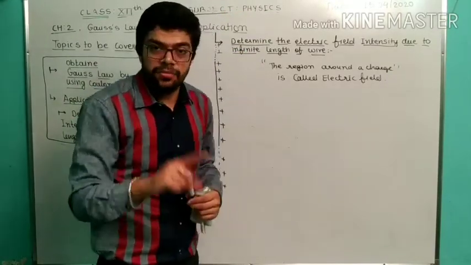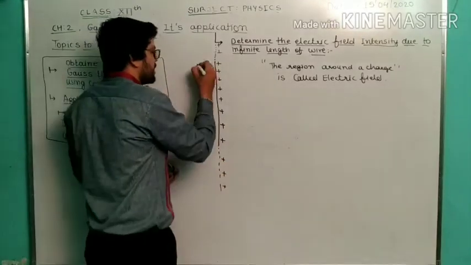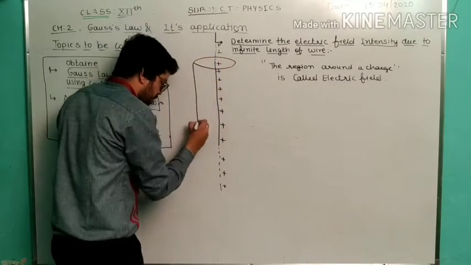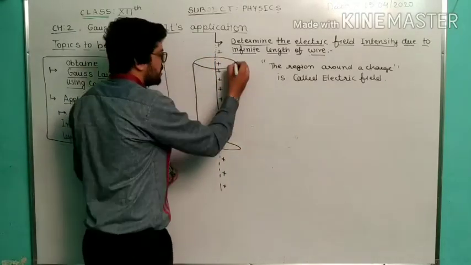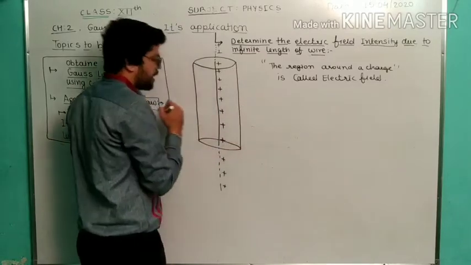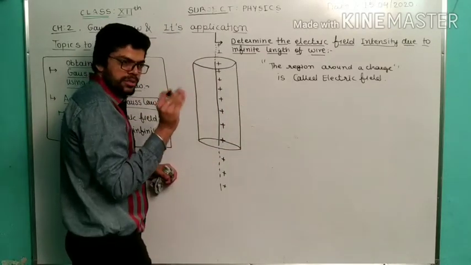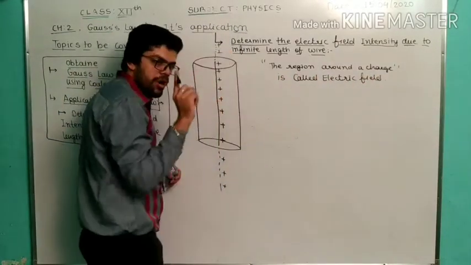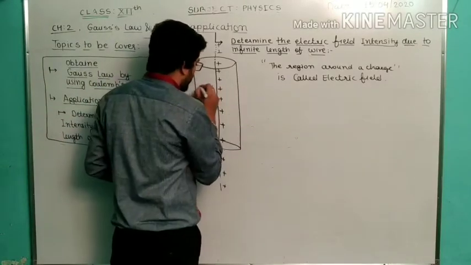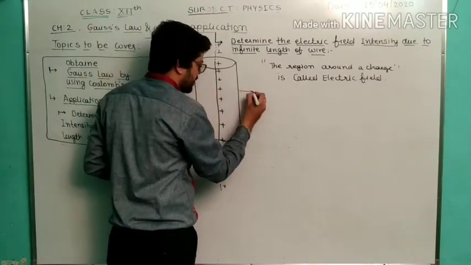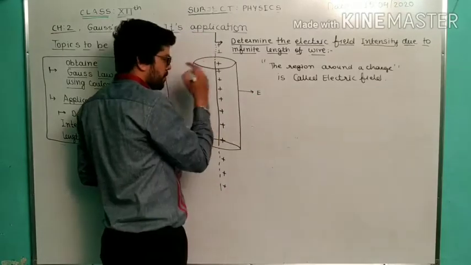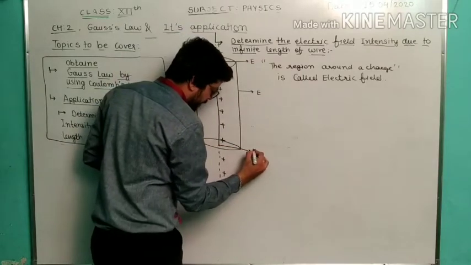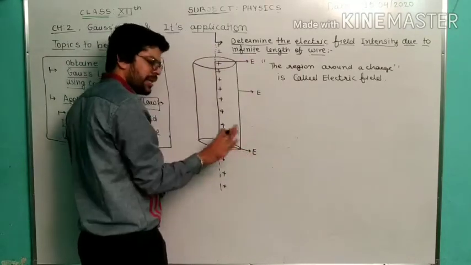The electric field forms a cylindrical shape. What type of shape? Cylindrical shape. The region around the charge is called electric field. So hopefully you understood. And on the basis of this definition, we got what? The region around the charge. So how many regions did we get? Number one, we understood the region around the charge, the electric field is in this direction. Okay, here also the electric field is in this direction. Here also the electric field is always in this direction, the same direction of the electric field.